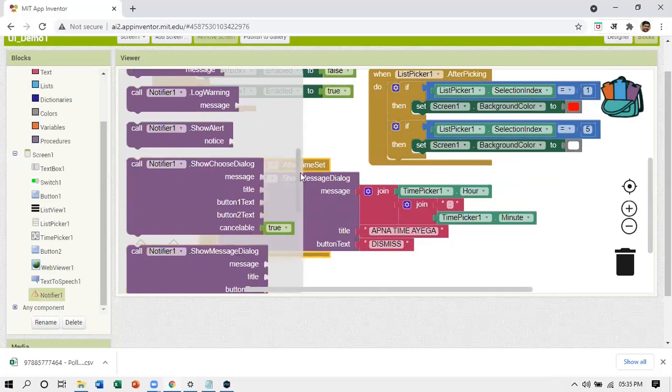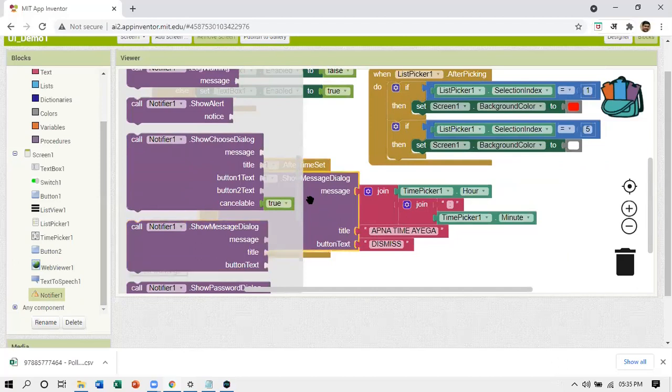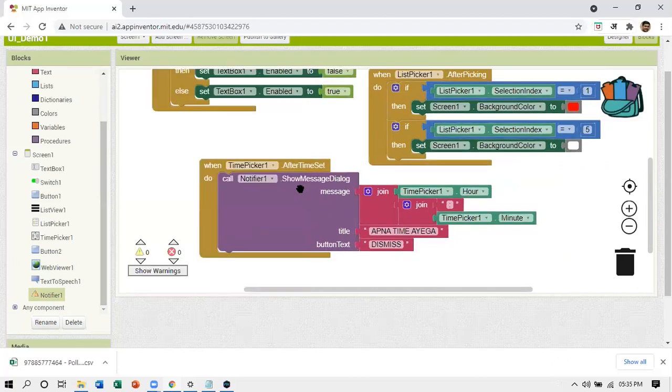So many messages can be shown. I have taken a simple show message dialog. Show message dialog will take a message box. It will take a title. Remember, title was apna time aayega. It was being displayed. The button text was dismissed. When I clicked on this, it disappeared.